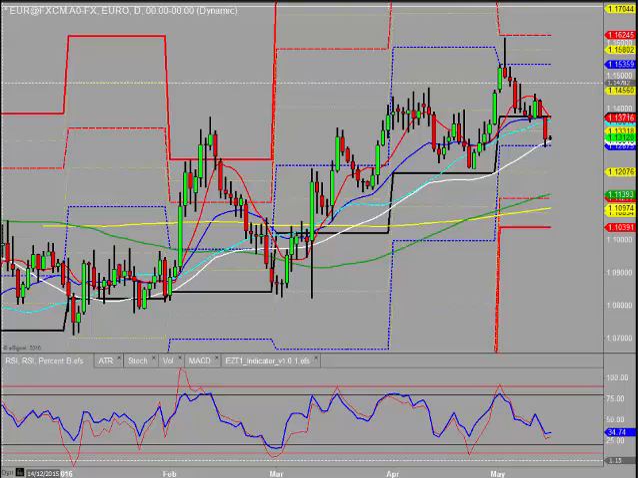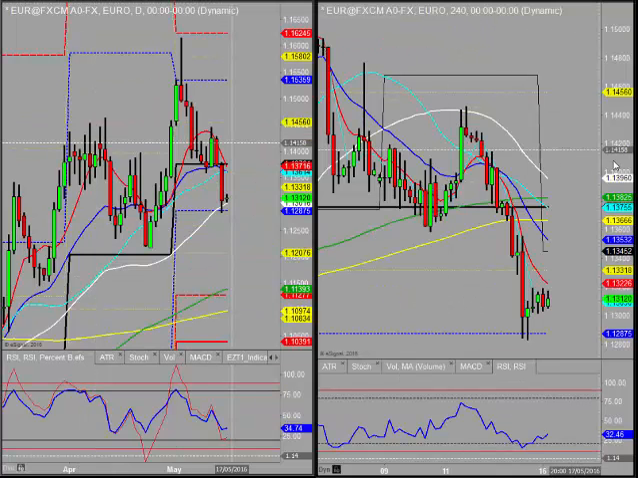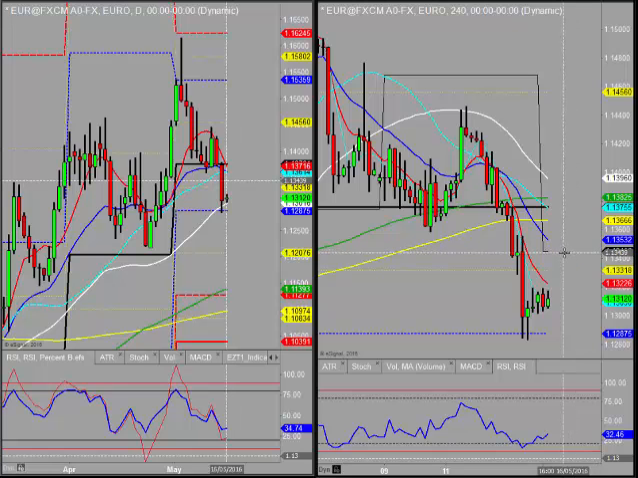Okay, looking at the euro dollar first, and once again on Friday the euro dollar managed to get back towards its daily 50 moving average. Slight bounce from there at the moment. It could continue that bounce, of course. We've got the weekly pivot above us at